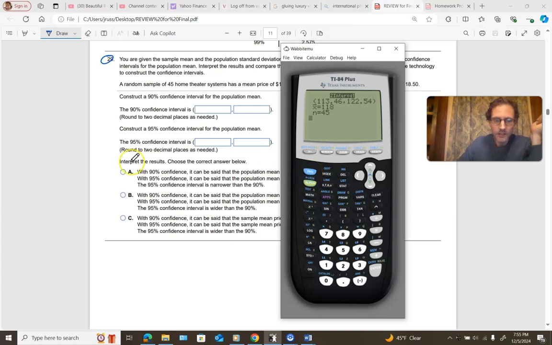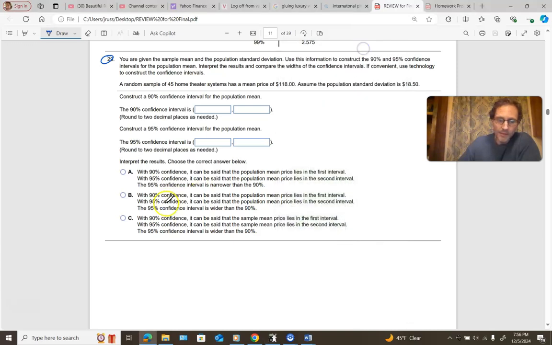And then you just do the same thing for a 95% confidence interval. Go here to stat again, go to tests and down to z-interval. The only thing I'm going to change is my level of confidence. Change it from 0.90 to 0.95. And now, this is my new confidence interval. And what you will notice, guys, is that this interval is actually a little bit wider. And that's actually what they want you to realize in this part. It says,